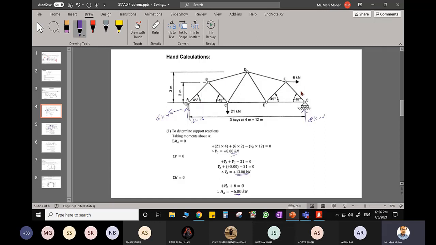Just imagine that this is like a beam. It is going to bend because of this vertical load which is acting. So without analyzing, sometimes you'd be able to tell what can be the possible nature of the force in the members. So anyway, let us solve this problem in STAAD.